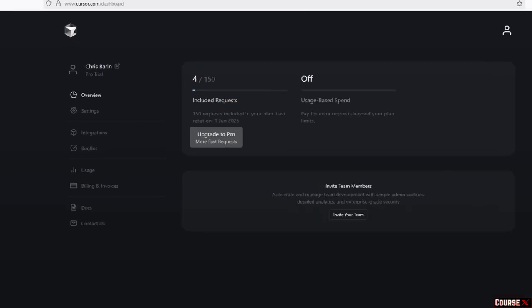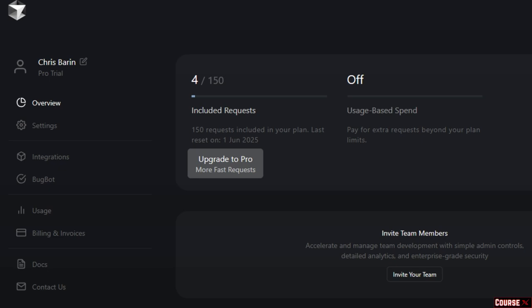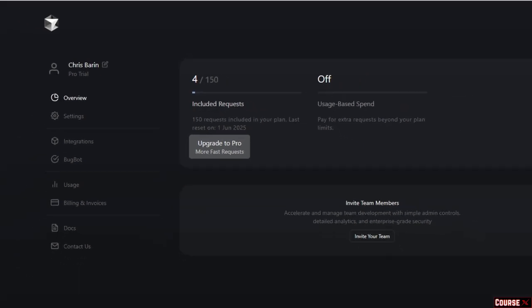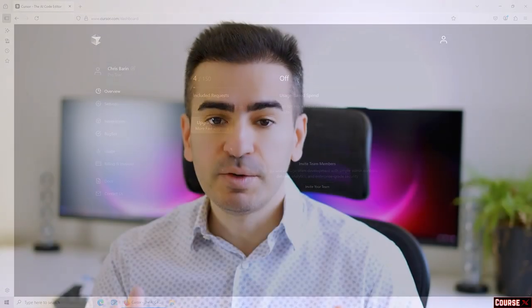To see how many you've spent, you can go to your dashboard on cursor.com. This is my current use in this brand new account. You can see I have a total of 150 requests because again, I'm on the 2-week trial. Now on their website, you may see a different number or there may be a promotion, but as of now,